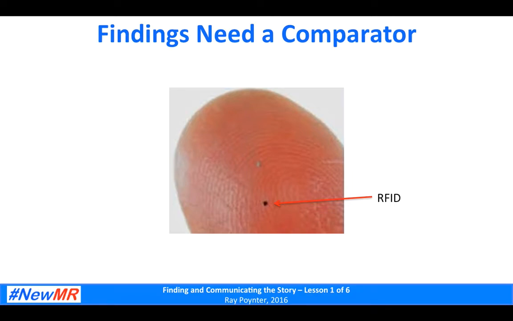On that finger is an RFID, a radio frequency identifier that can be put into packaging, they can be put into high value banknotes, they can be put into clothes, they can be put into passports and all sorts of devices. So now we know how small they are, because normally we would just say they're very small. Put a comparator, a finger next to it, and we understand better.